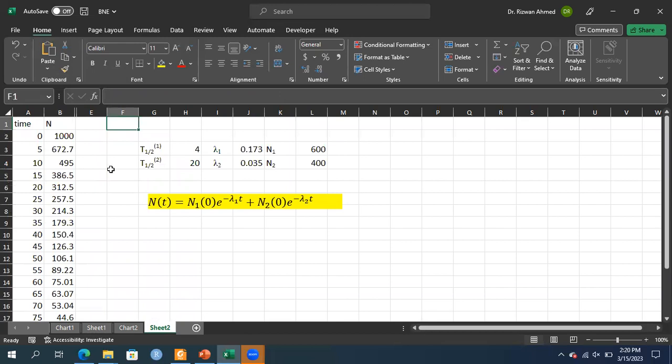So with this data, the intercept value, so I say, okay, this is N1 of t. So we found that it is equal to 600 times